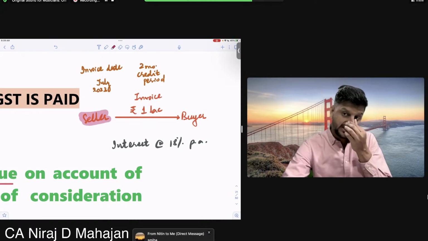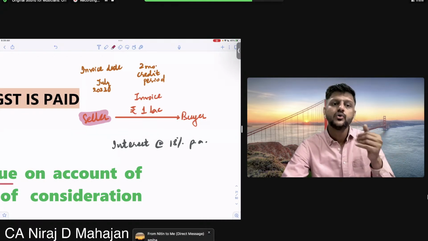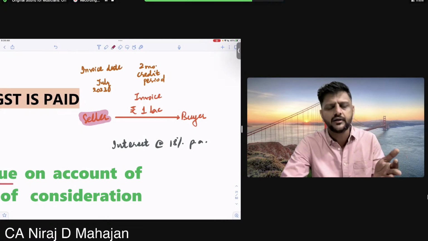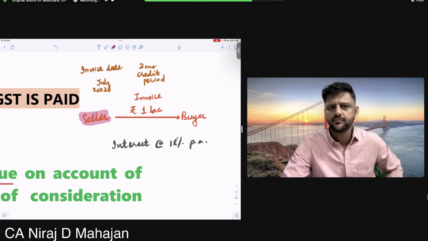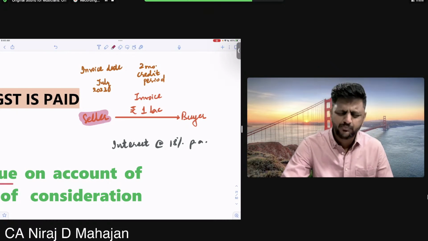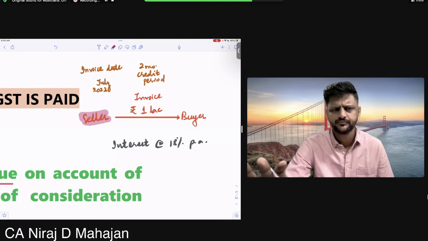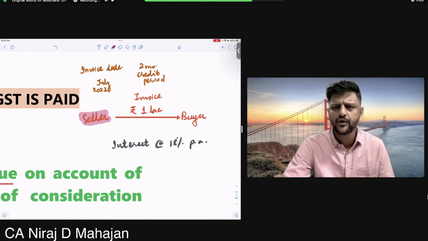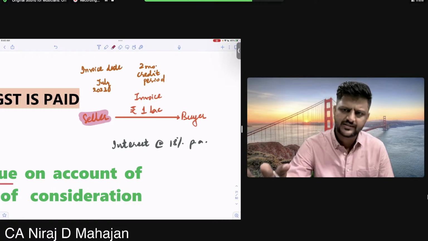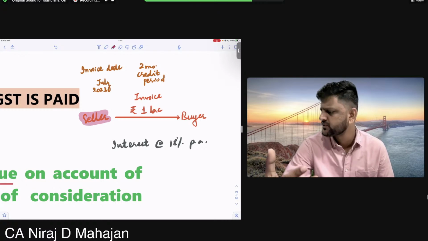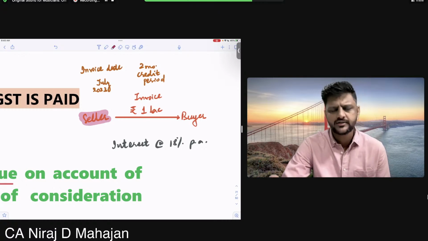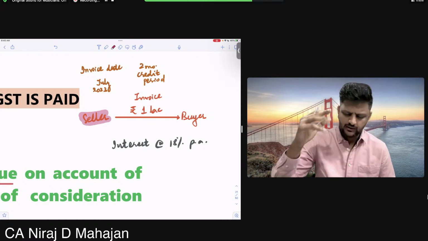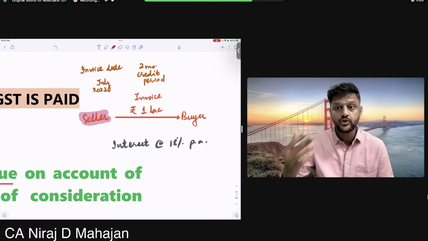Okay. So the seller has already shown that in his own GST returns, GSTR-1, etc., that I have done the supply, or that supply belongs to July, and he has paid the taxes. Who? Seller. Every month you show the sales as well as inwards, and accordingly you set off and pay the taxes. Who? Seller. Irrespective of whether it was a cash sale or a credit sale. Is it okay? Invoice amount is how much? 1 lakh. The buyer, bacho, did not pay for 2 months.